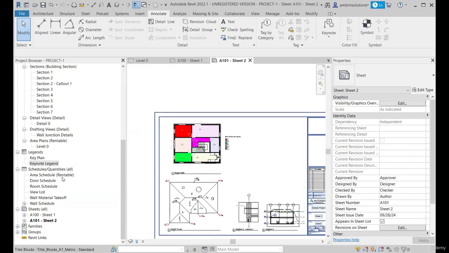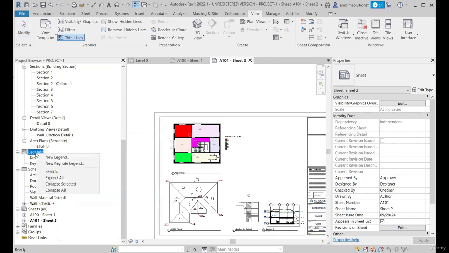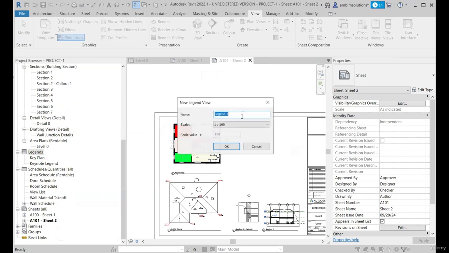So let's move ahead. In order to create a legend, you can go to the View tab, and here you have the options for creating the legend, or else from the project browser you can scroll and search for Legends, right click over here and select New Legend. The first task here is naming the legend. We'll take the example of a door legend to begin with. So let's create a door legend,